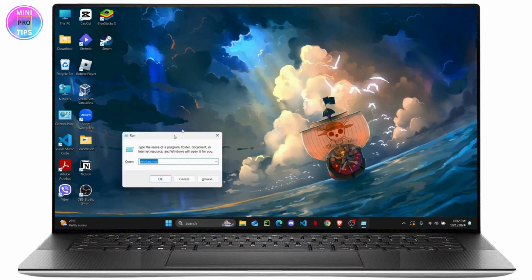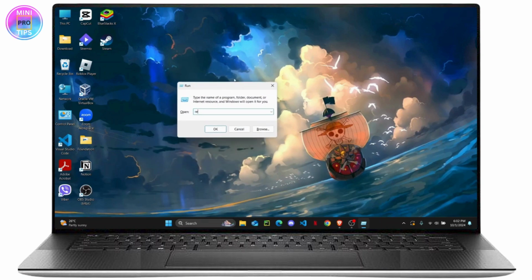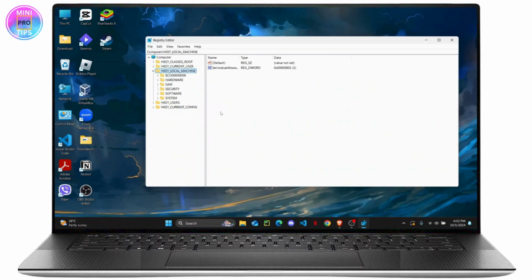And on your dialog box, you have to search for regedit. And once you enter, you will get a prompt like this. Tap on Yes. It will open up your registry editor. And once your registry editor is open, all you have to do is click on this drop down for